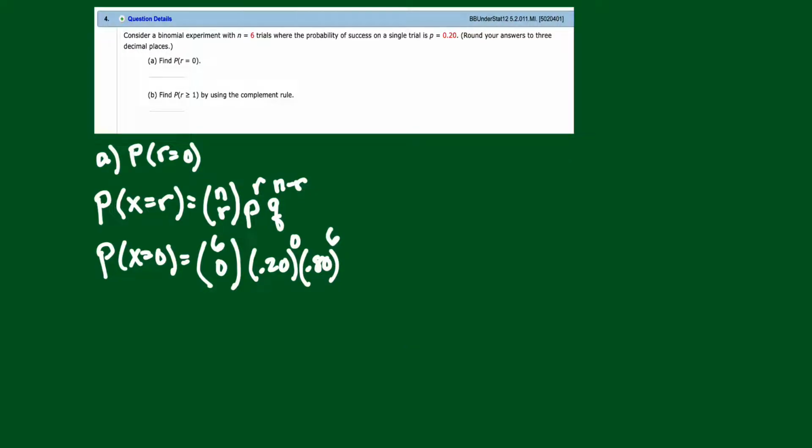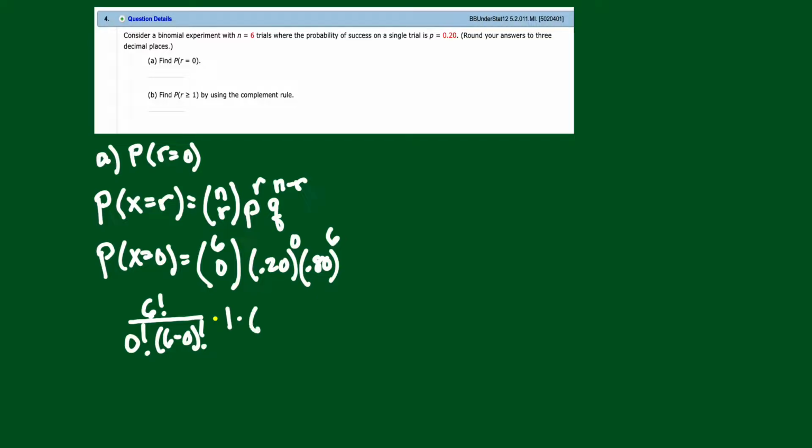And now if we do this completely by hand, we will have this. We need to get this right here. To get that one, we will take 6 factorial on top. It's a combination, so you have the total number that you have on top, factorial, and on the bottom you have the number of successes that you want, 0 successes, times the number of failures, 6 minus the number that you don't want. And then what is this right here? What is 0.20 to the 0? Well, a non-zero number to the 0 power is 1, so that's just going to be a 1